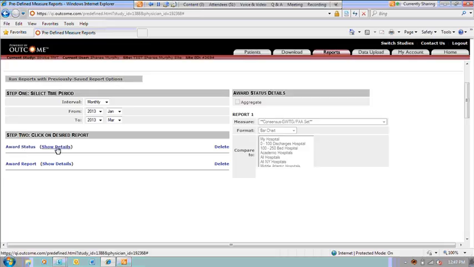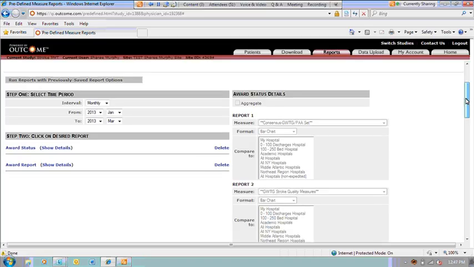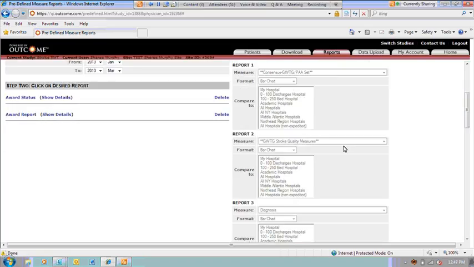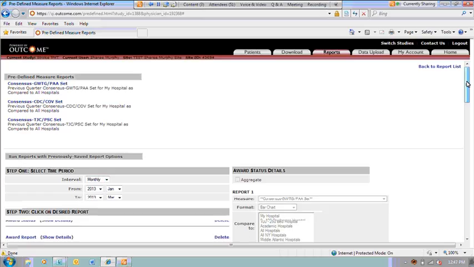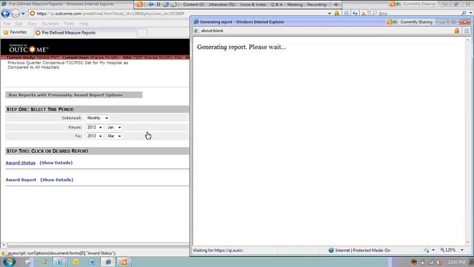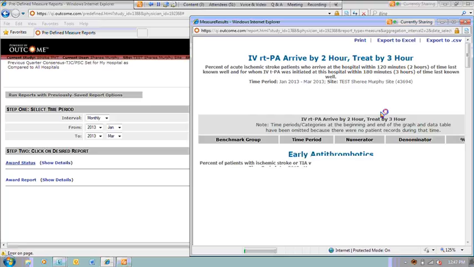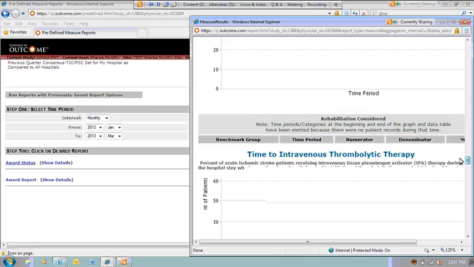I can click Show Details to see what parameters I've set up for this report. You can see my performance set, quality measures, diagnosis. You can change the time period for this report, however you wanted to run this report. And then to generate it, all you have to do is click on the name of the report, and it will automatically generate this report for us. It's not going to come up with any data because I didn't change my time period here, but I just want to show you that it automatically generates all of those measures that we selected before.